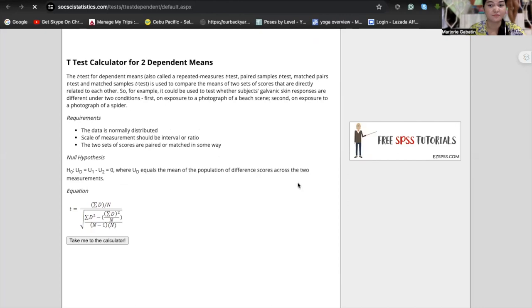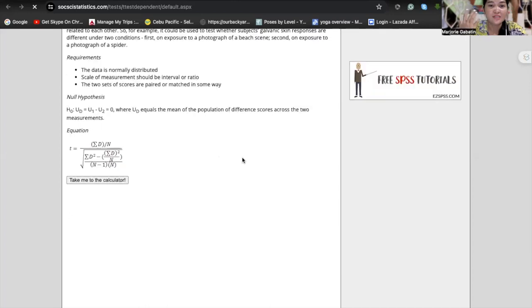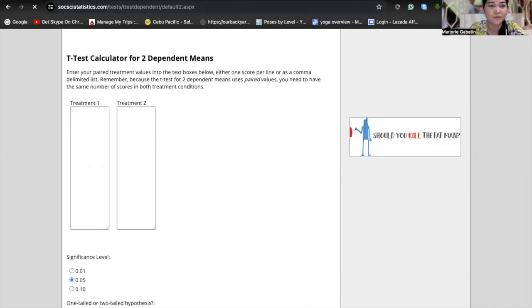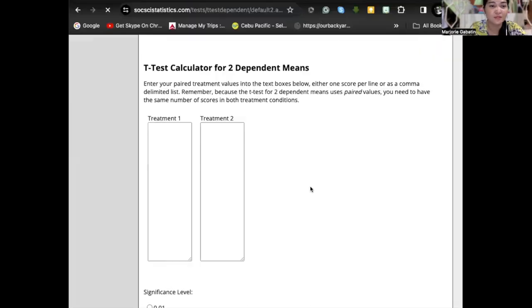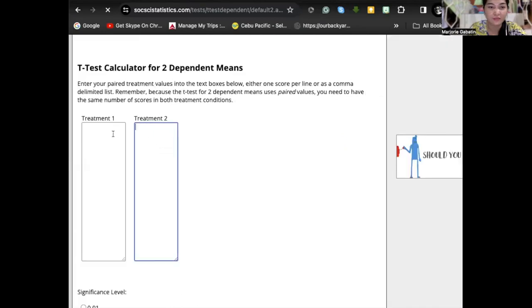So class, the same thing, we simply have to input the data. Now that we've already input the data, let me do it again.